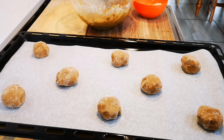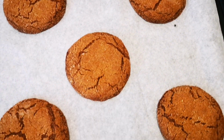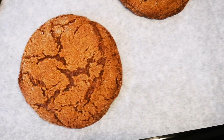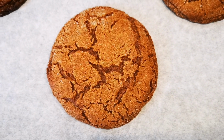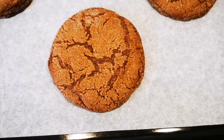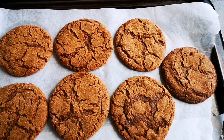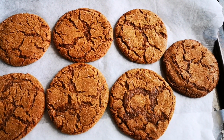Okay, here it is, guys. It went for about 16 minutes. Look at that nice crack. And there we go. Nice ginger snap cookies. Here we go, guys, the ginger snap cookies. It's nice, crisp and hard now. If you like it